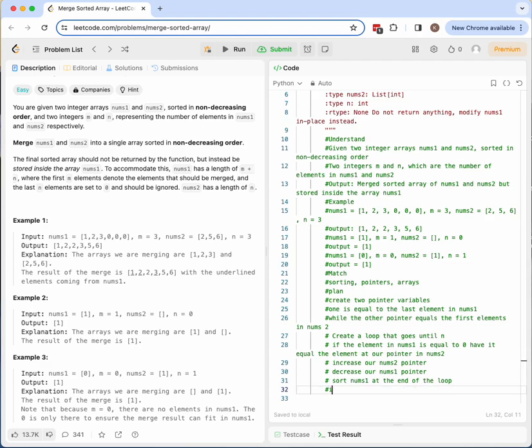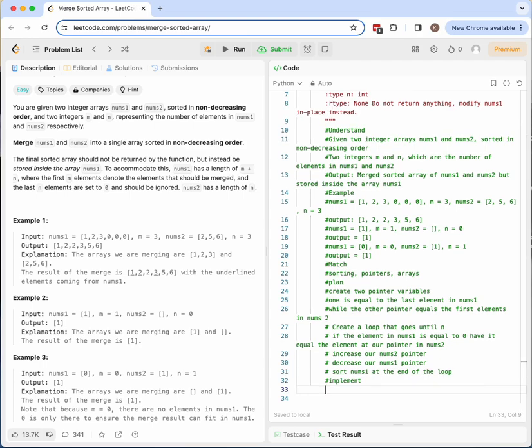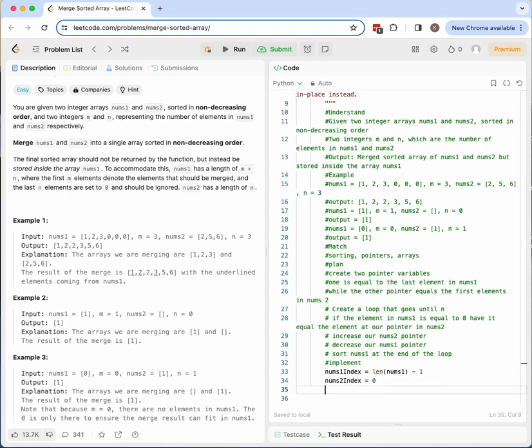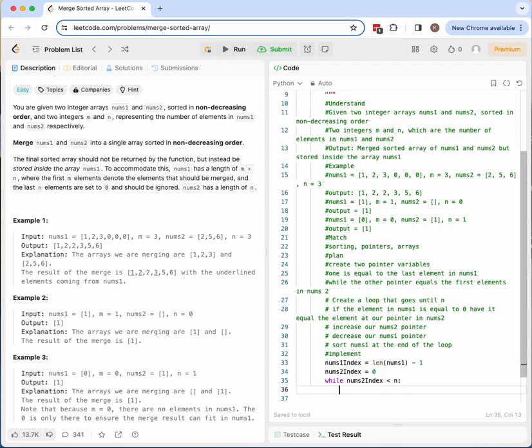So yeah, I'll try to implement this. We can have our nums1 index equals len nums1 minus 1, and nums2 index equals 0. And then while nums2 index is less than n,